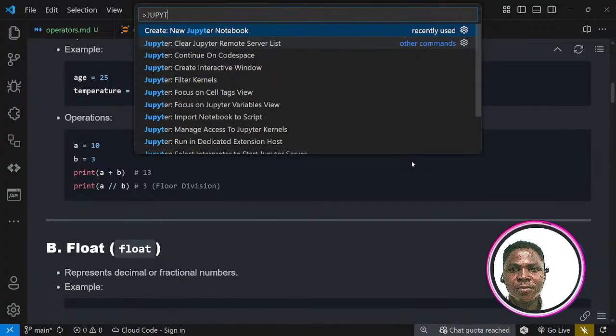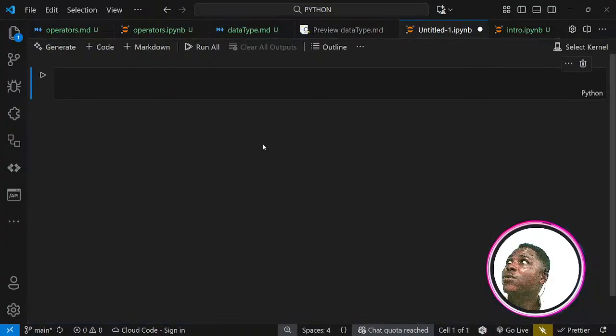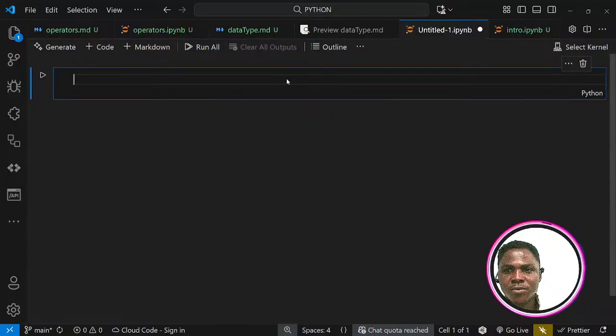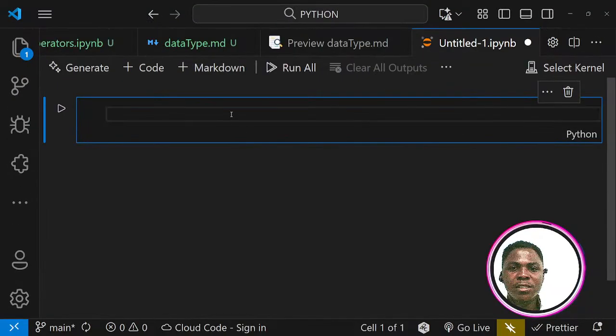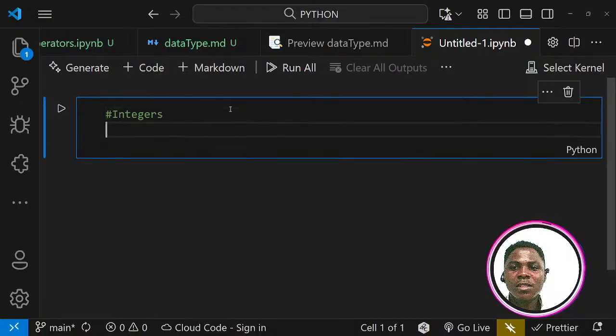I'm going to create a new notebook, and yes, I think we can see it clearly now. So an example of a data type is integers. Integers are whole numbers, like x is equal to